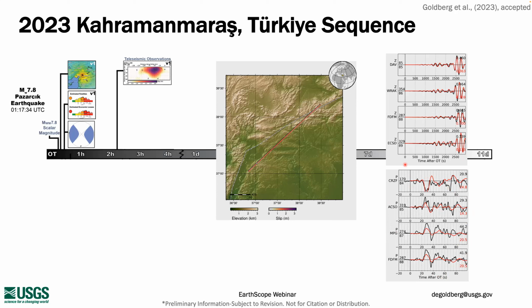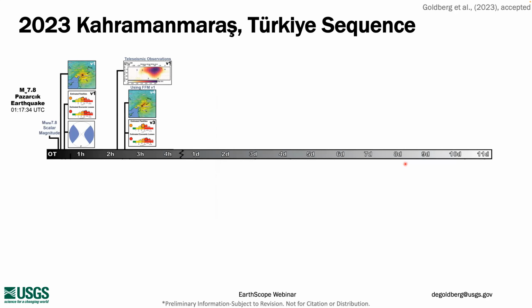So once we have this initial estimate of the slip pattern, that then gets fed back into ShakeMap. So now you can see that we have this more elongate pattern, like what you saw with those earthquakes in China that I showed at the beginning of the talk. So we've extended where high shaking is expected. And then that also in turn is used to update our loss estimate again.